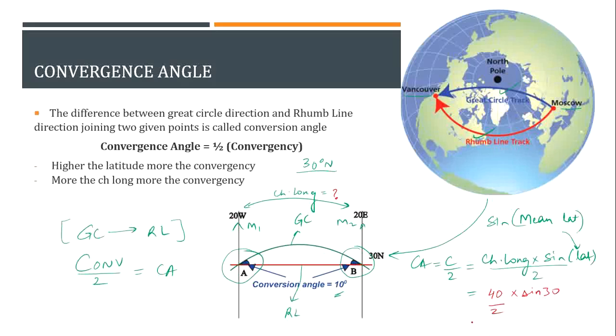What's sine of 30? Sine 30 is half. So 40 multiplied by half, and also half. So I will get the answer equal to 20 degrees. Now, sorry, this is 10 degrees. 40 divided by 4, you'll get 10. And hence my convergence angle is 10. I get my answer. Okay, are we clear? So I proved my point that the formula is correct, the definition is correct, and when we apply